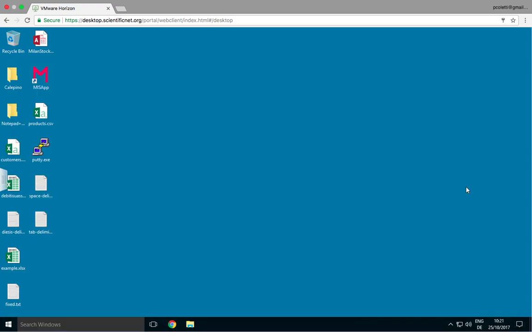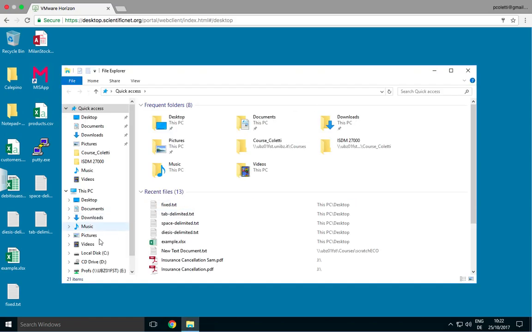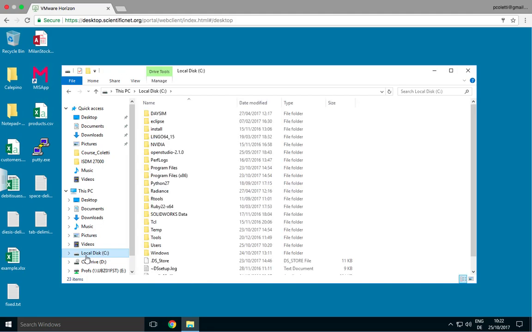The only problem is that if you enter Windows with this tool, you do not have access to your local files. So you cannot access your Mac files. If I go here, File Explorer, when you go on This PC, it is the PC of the university, not yours. Even if you go on local disk C, it's the local disk of the PC of the university.